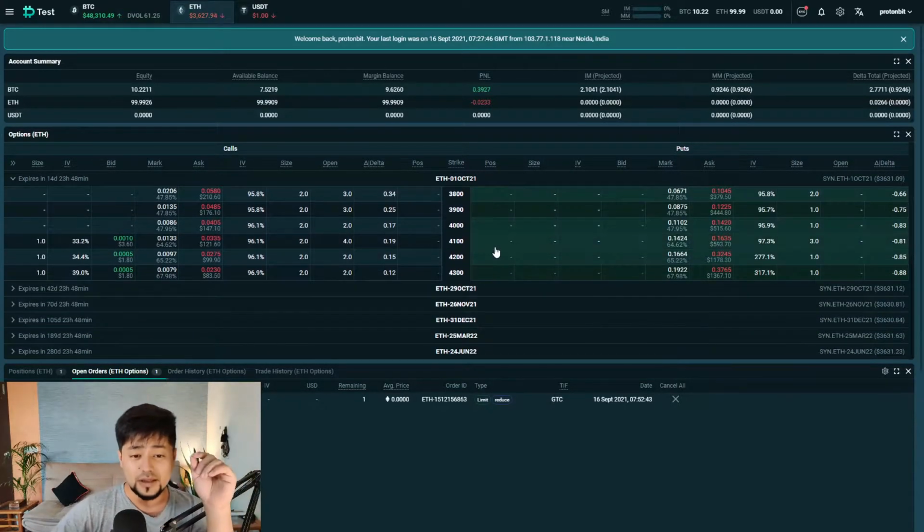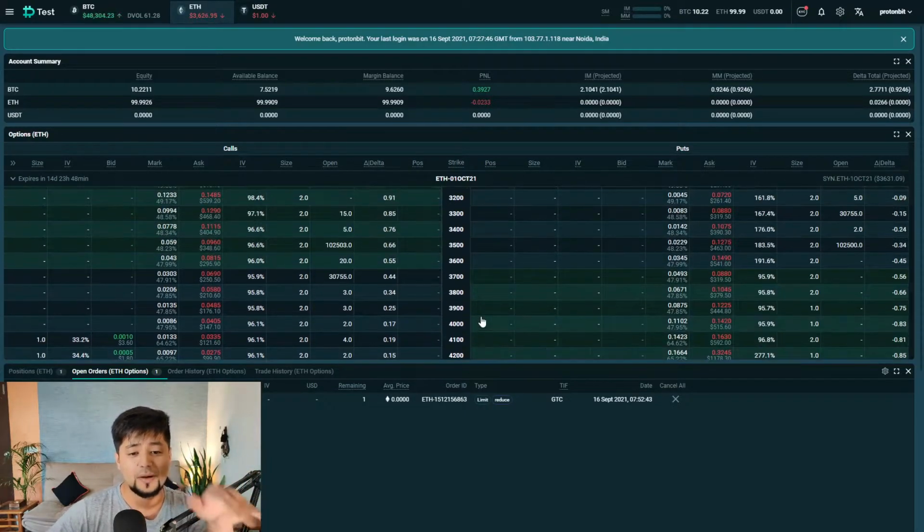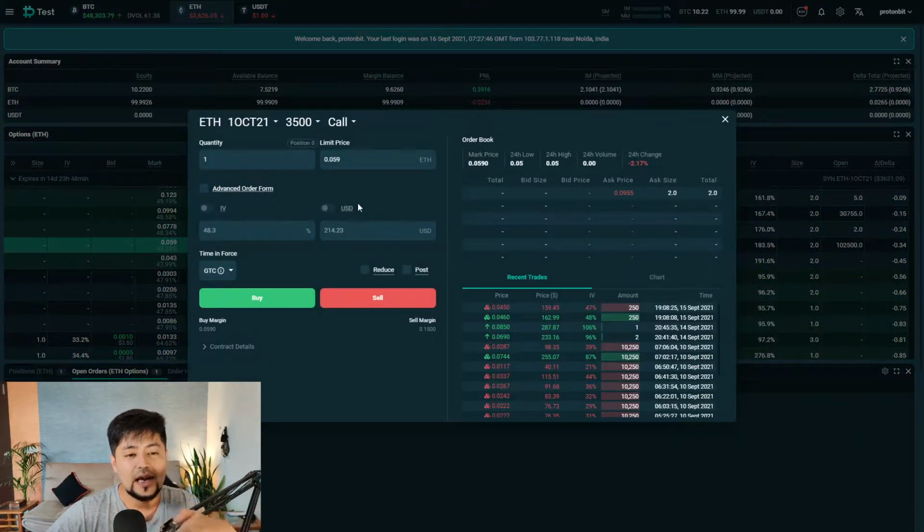All right, let's say that we are bullish on Ethereum for at least the next 2 weeks, on the current market price. So what we're going to do right here is buy this contract in the money. It is right in the money, guys. 3,500 strike price. The price of Ethereum is right around the corner, right? So for the next 2 weeks, I'm going to buy right at the money here, and I'm going to go for 100 contracts, because, to be honest with you, Ethereum's options are still cheap,